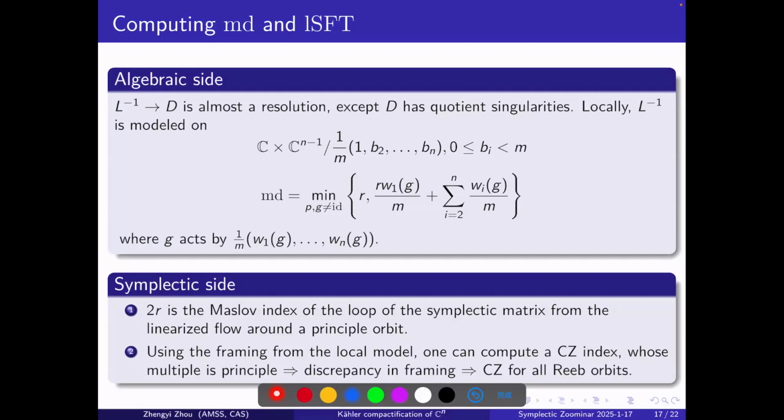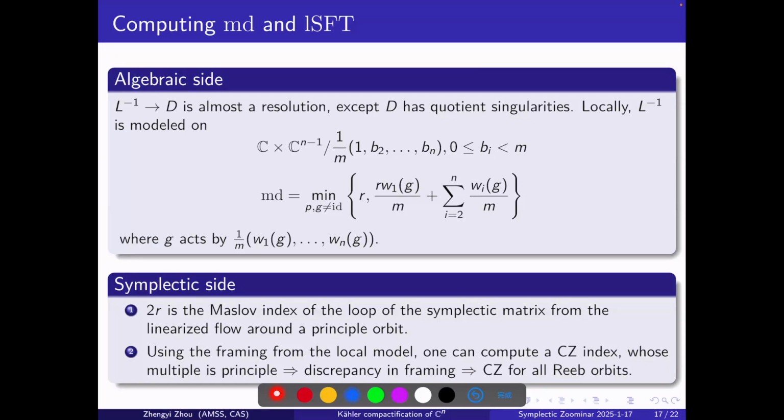In particular, this S^1 action will give us a loop of symplectic matrices instead of a path, because it closes up. And this 2R is precisely the Maslov index of this loop of symplectic matrices coming from the linearized flow around